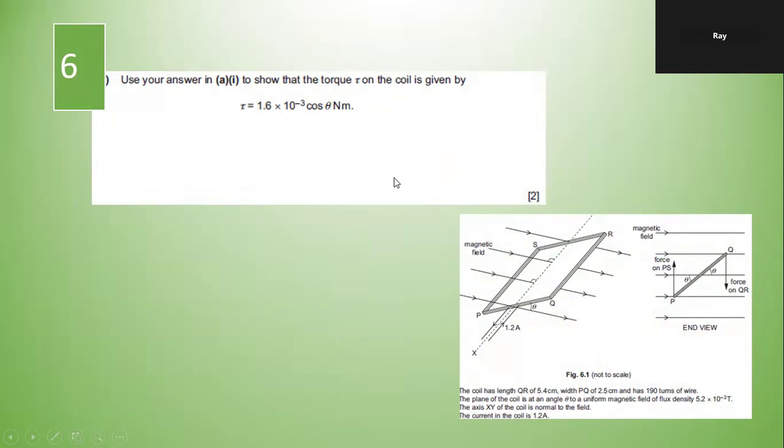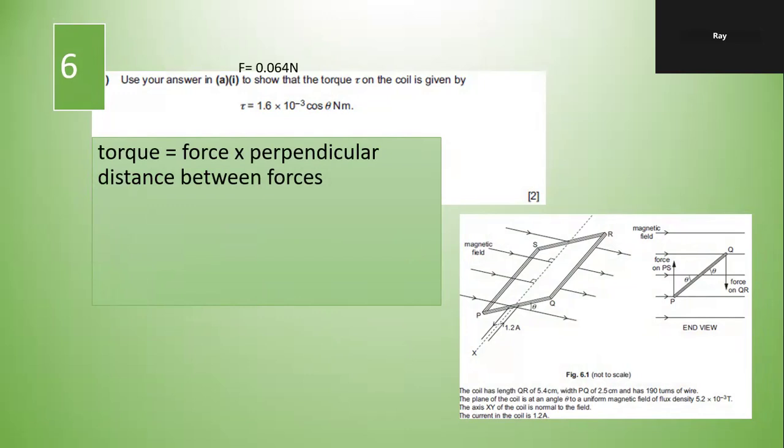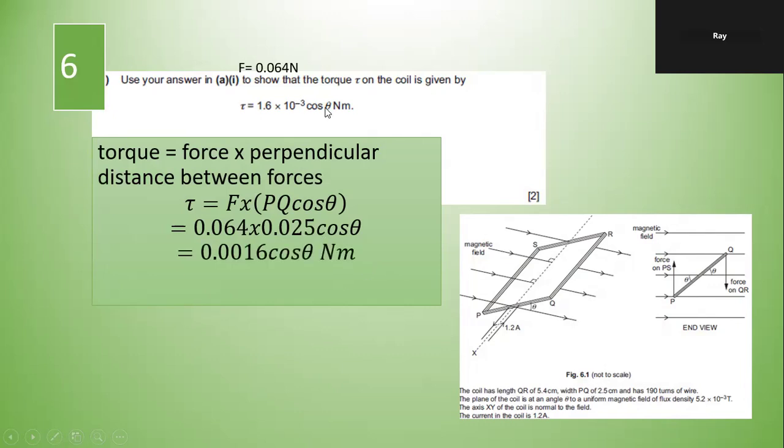Right, top. This is your AS work. Now apply to A2. Force and perpendicular distance. Force we will calculate. Take one force and the perpendicular distance between the forces. So it's F, PQ cos theta. The angle is theta also. 0.064 is the force. And then that length from the question paper. Okay, change it to meter. PQ cos theta. So we get